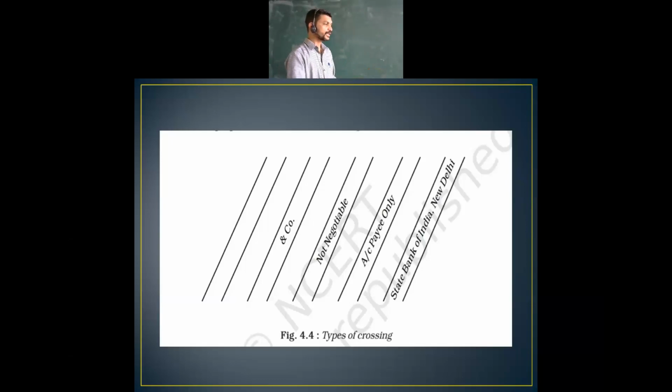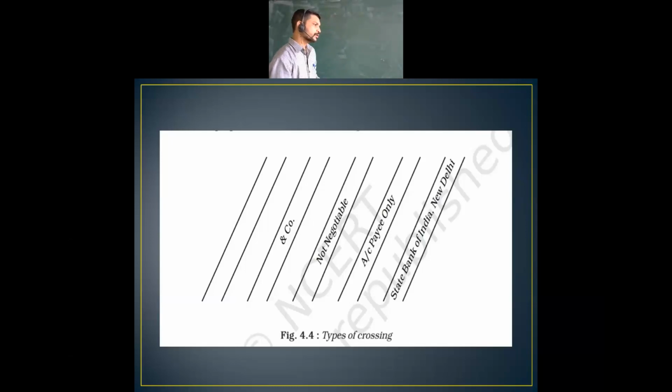And the second one is, just like if you are going to make the payment to any company, ABC Company Limited, then in the two parallel lines you can write ABC Company Limited payment. Below it you write the company name, then write the amount over there and directly hand it over after signature.